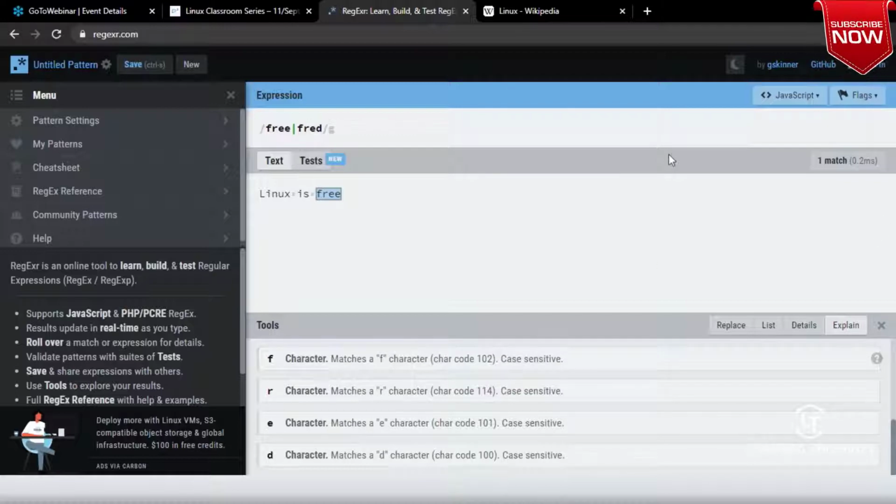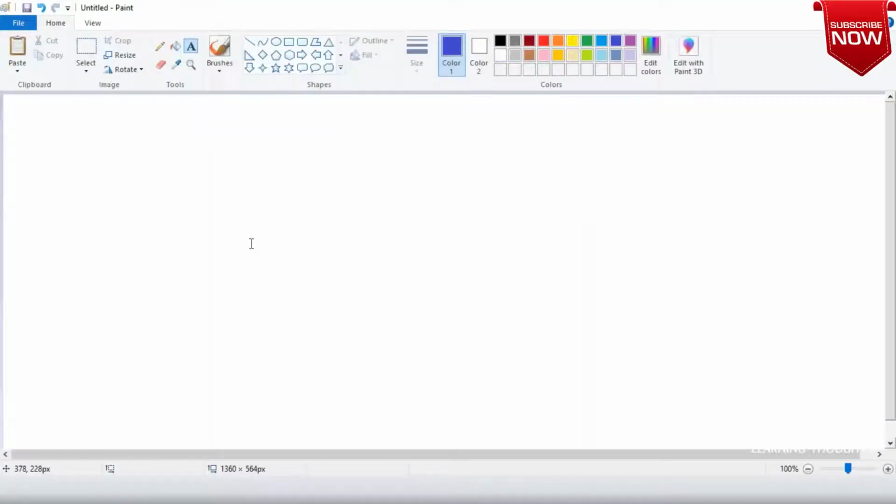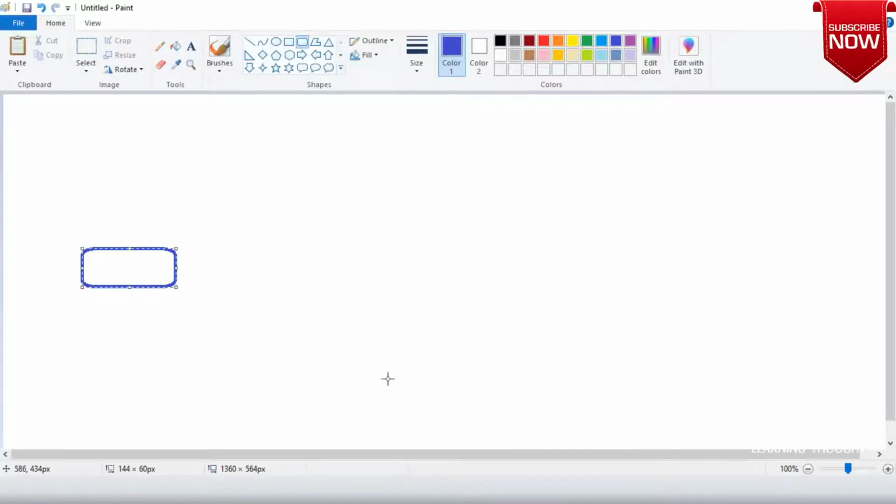Now how would the graph look for this? Let me try to draw the graph with the basic cursor. This is start and this is match.